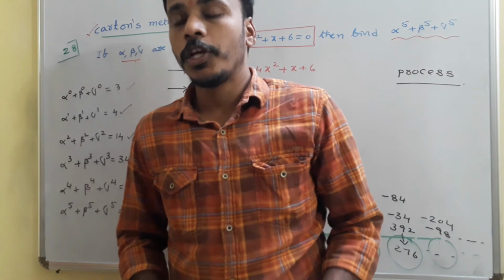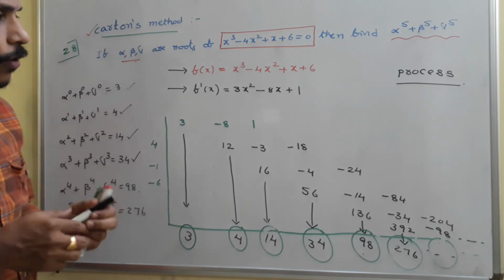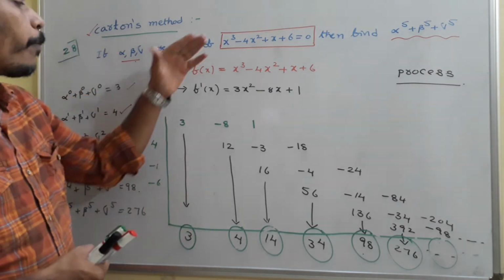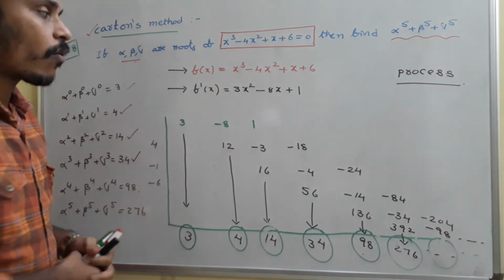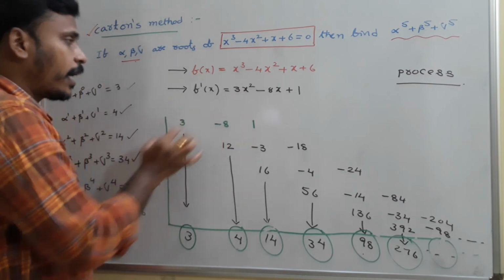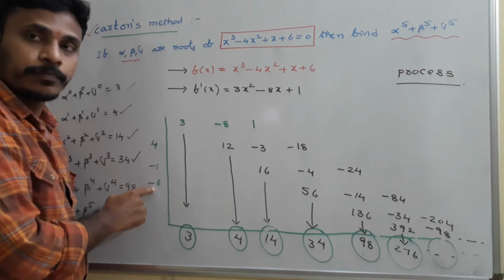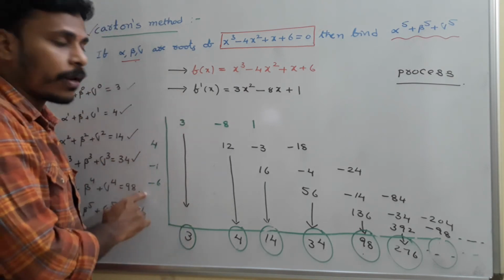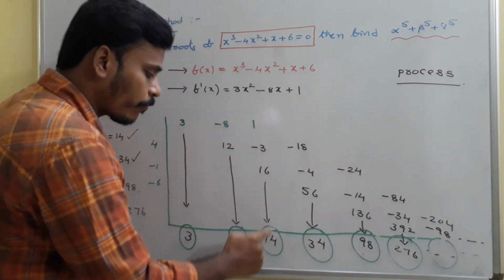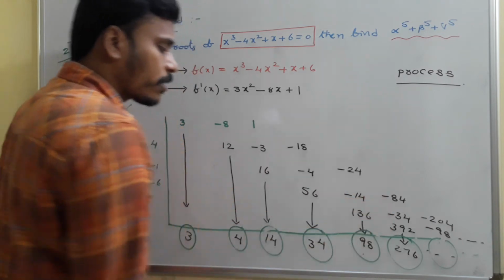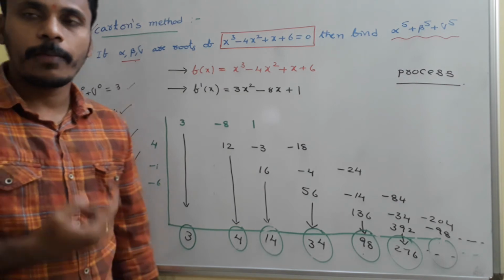That's the Cartan's method. You need to observe the process. Okay, don't think about the logic behind it. First of all, just try to learn the process. Okay, a polynomial is given, take it as f of x, and you need to identify its derivative as f dash of x. Write the coefficients of the derivative here and the coefficients of the polynomial except the leading term with the sign changed here. So column wise add, multiply, mention row wise. Column wise add, multiply, mention row wise, and continue the process. Okay, have a look.